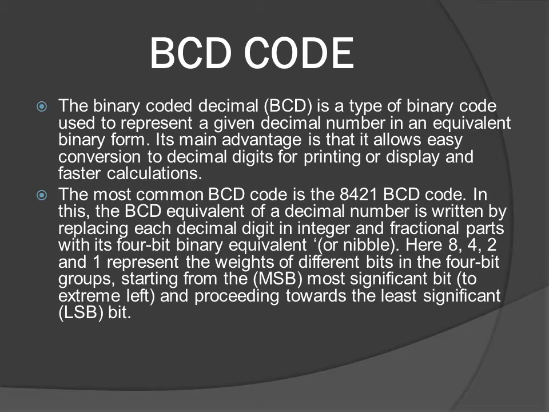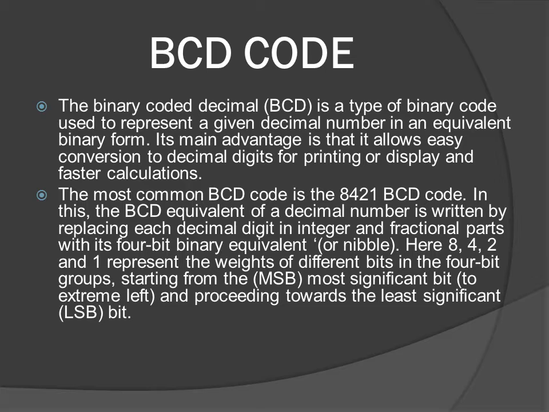BCD code. BCD stands for Binary Coded Decimal. It is one of the early computer codes. In this coding system, the bits are given weights 8421 respectively, from left to right. Since these weights are just the place values in the binary system, a decimal digit is encoded as its binary representation.